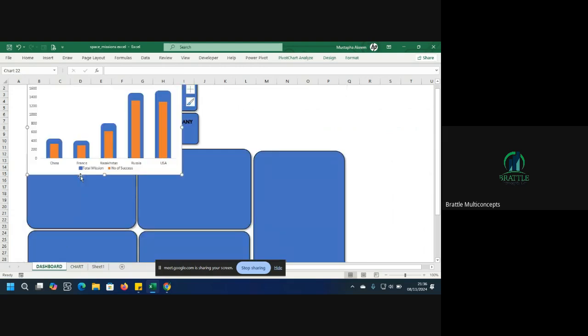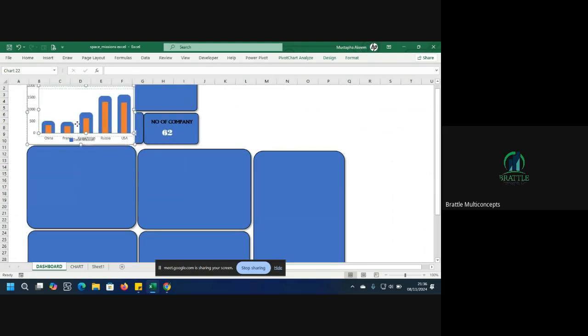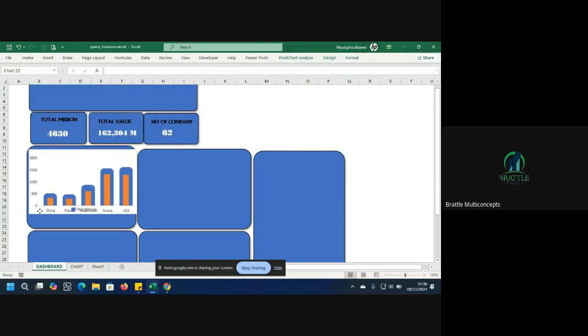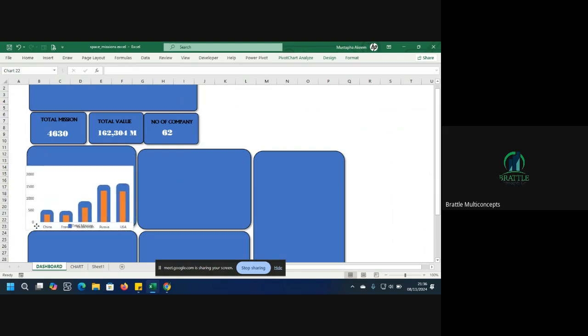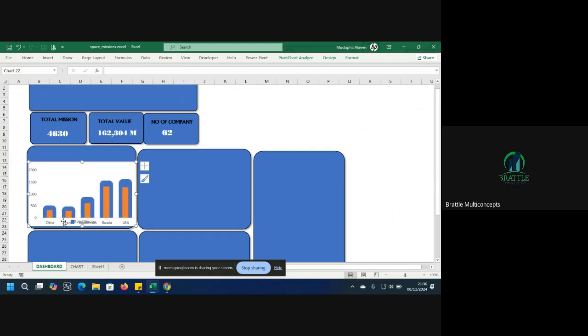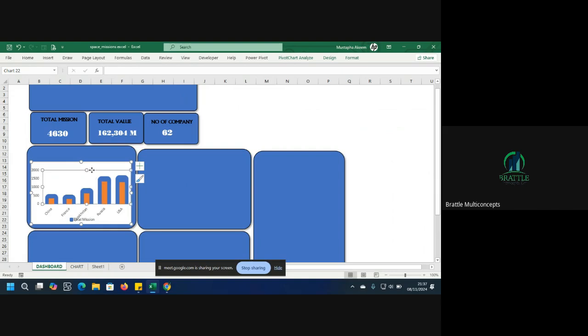Control V. Okay, so total mission is the blue, while the red is